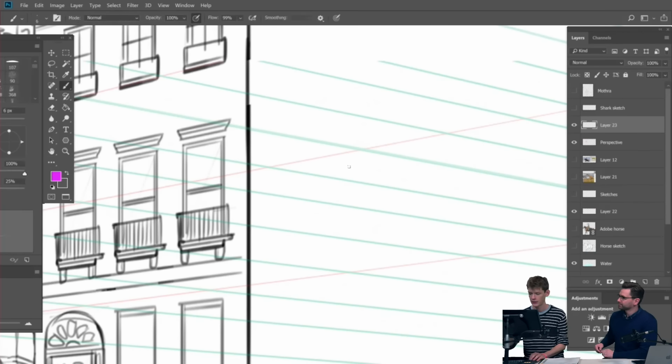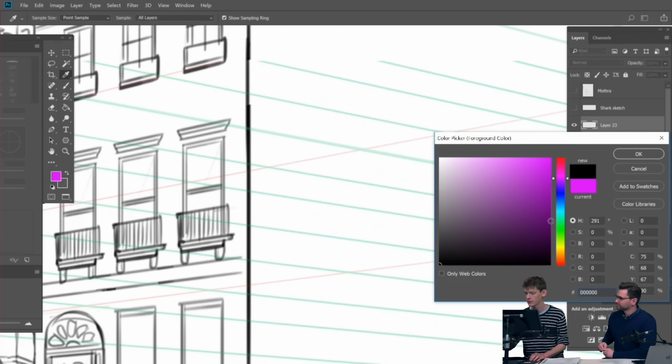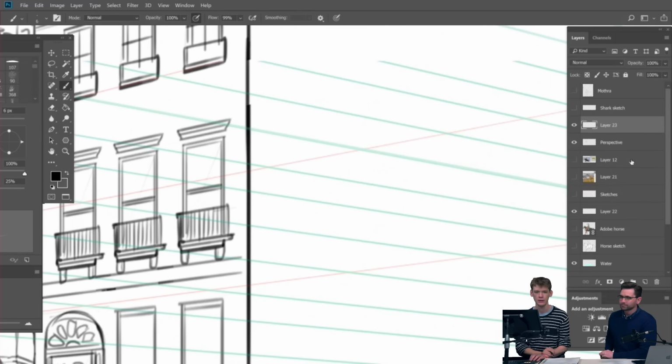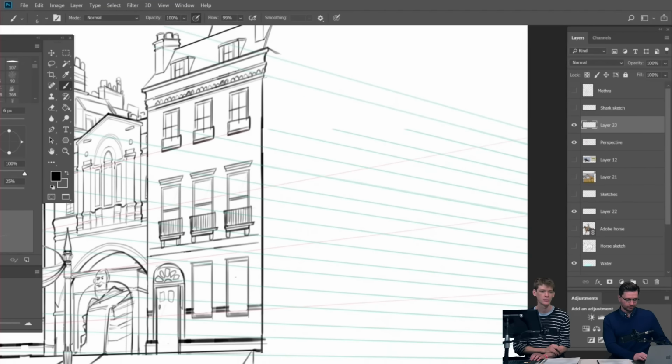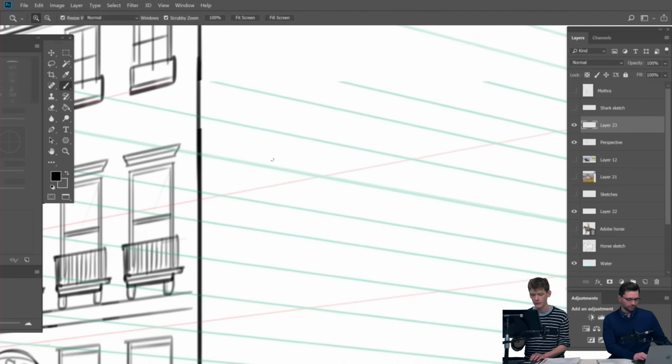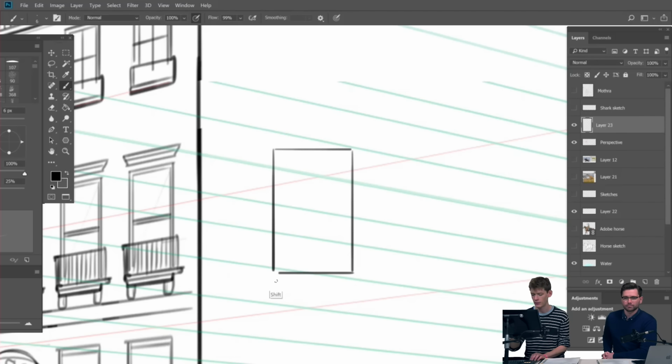Just while we're on perspective, I'll show you one thing I also do that speeds up the drawing process. Say I've got a building like this that I know I need to match to a certain kind of perspective. Instead of having to sketch each individual thing in line with that, sometimes I'll just start sketching away. So I've got a new layer here I'm drawing on. I'm holding down the Shift key for anyone watching at home to get those nice straight lines. I did have a Wacom tablet for several years before I worked out that holding down Shift actually helped you craft a straight line.